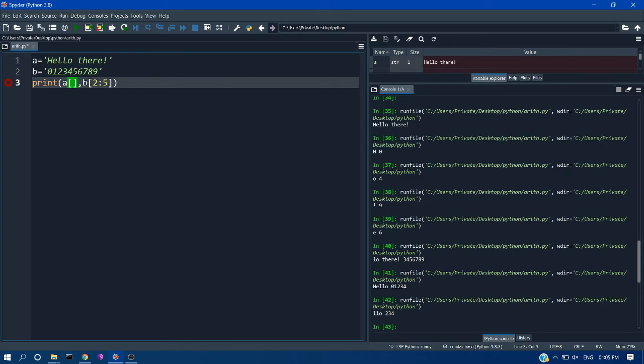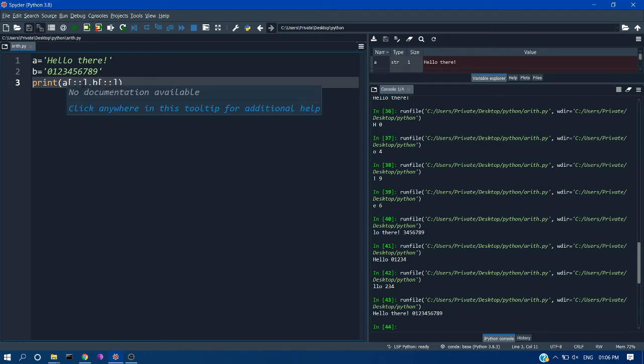Now we will see the use of jump. For introducing the step size, we will use two colons. Normally if you run this, you will print the entire string, that is the string itself. If you just give A and B, it will print the entire string. So this is similar to that. But the third parameter is very important. So understand this. Normally the step size is 1. That is the default step size.